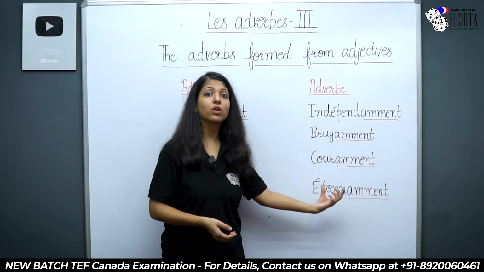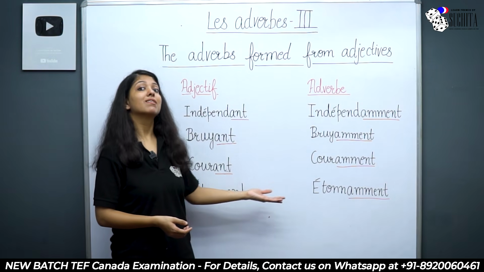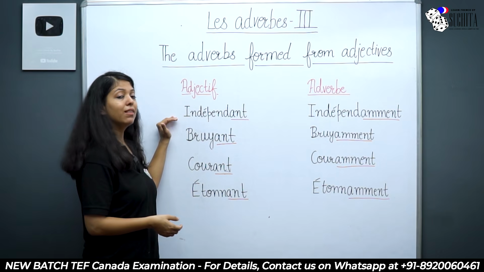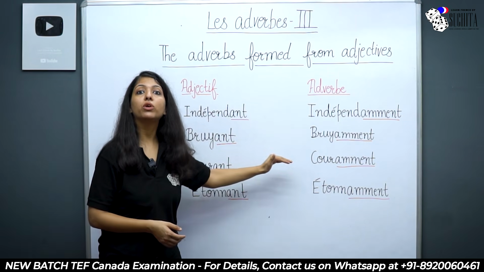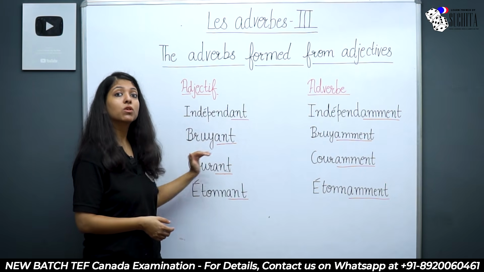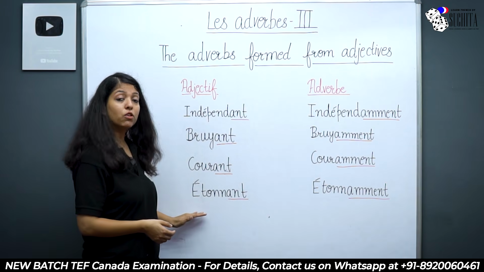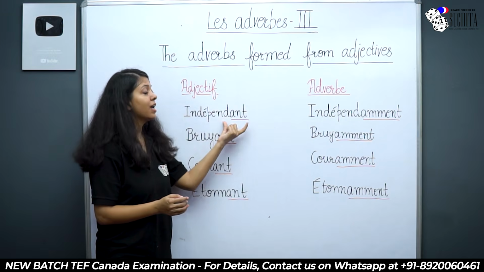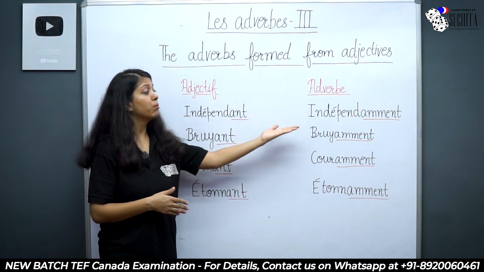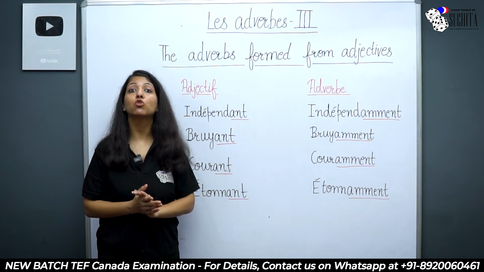étonnamment. Surprising, surprisingly. Indépendant, indépendamment. Bruyant, bruyamment. Courant, couramment. Étonnant, étonnamment. So simply if your adjective is ending with A-N-T, remove A-N-T and put A-double-M-E-N-T in order to make the adverb